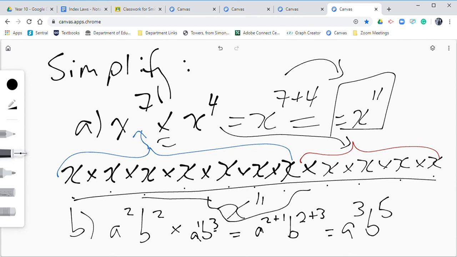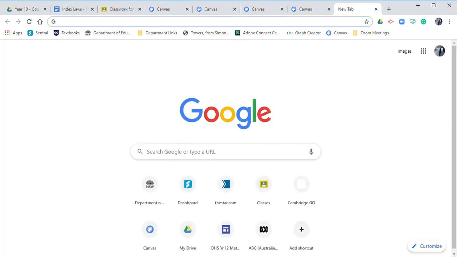One last example. Let's see if we can squeeze one last in, and then I'm done for the day, and I might even squeeze it in under 10 minutes. All right. So for this one, last simplify. So this is example C. I just ran out of room. Oh, sorry, no. Example C, with example C, it's